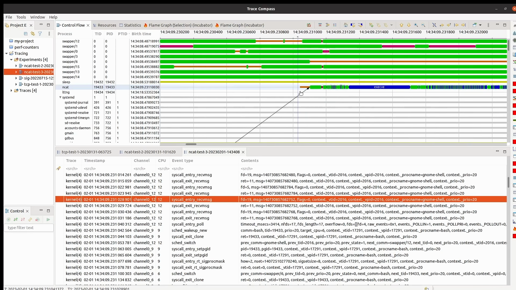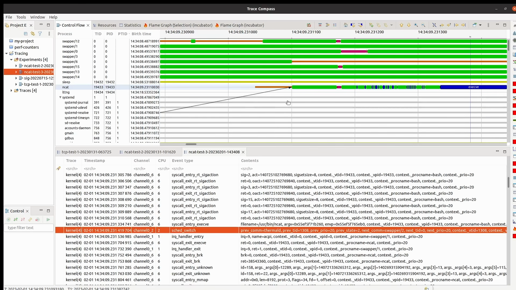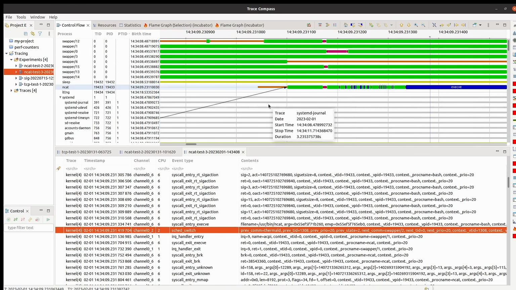Now, if I zoom in, at first there's going to be a bunch of events. The blue ones are when this thread is running in kernel mode, meaning it's basically executing a system call. The green ones, intervals, are when this thread is running in user mode, which is executing but not a system call, right? So the first part is how a terminal, a shell, would actually execute a command and would create